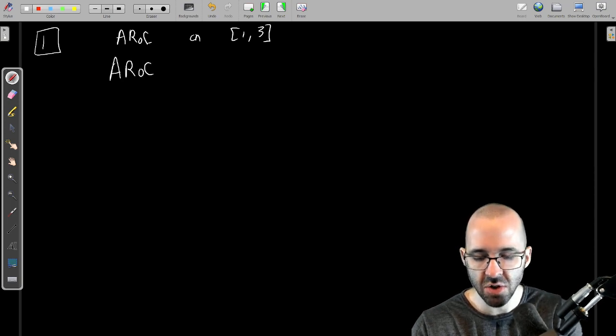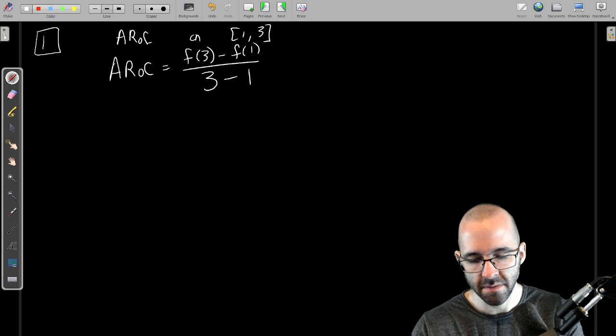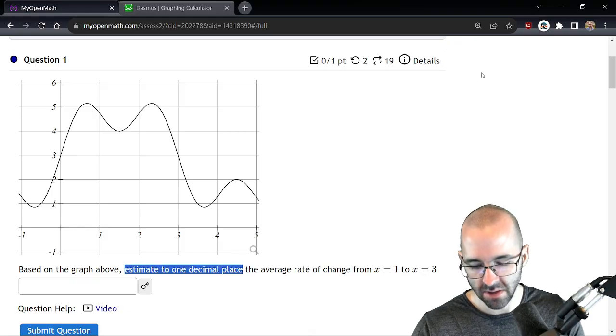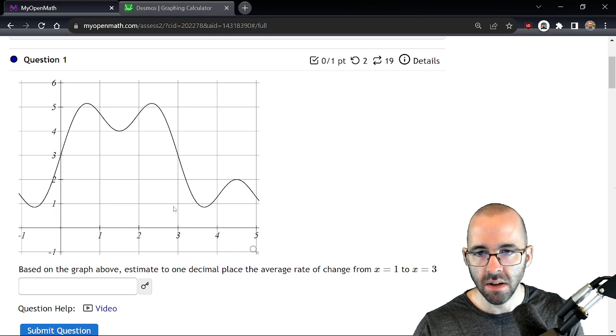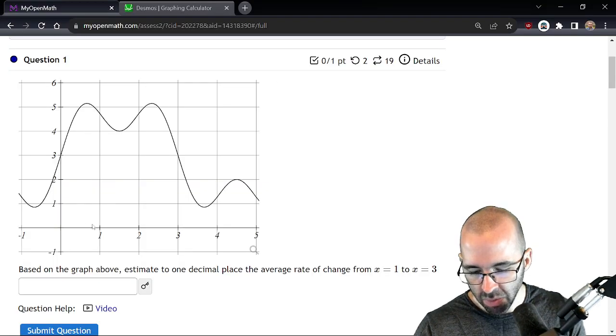So we know the average rate of change is going to be the function value at the second minus the function value at the first, divided by the second minus the first. What is the function value at 3? What's the function value at 1? I don't know. We have to find out. When our input is 3, our output actually is also about 3. When our input is 1, the output,